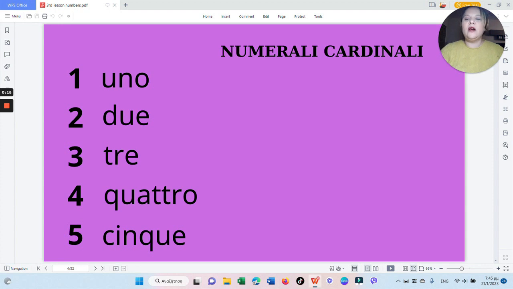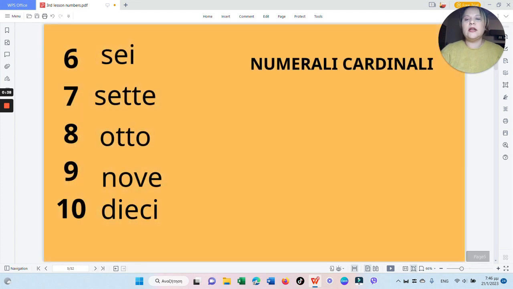Now, uno, due, tre, quattro, quattro, and not with a single T, we've got double T, quattro, cinque, sei, sette, double T, sette,